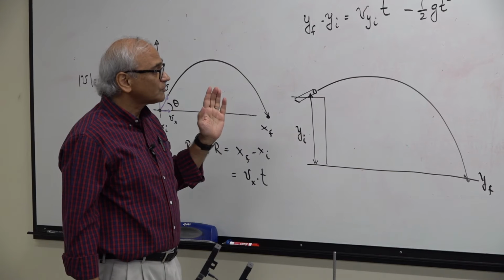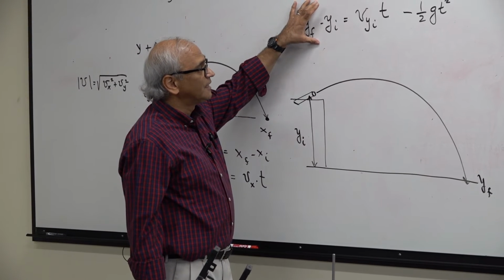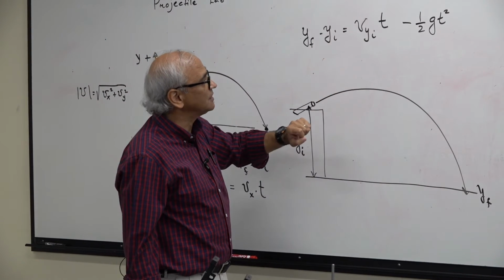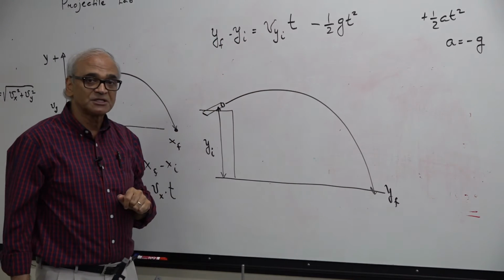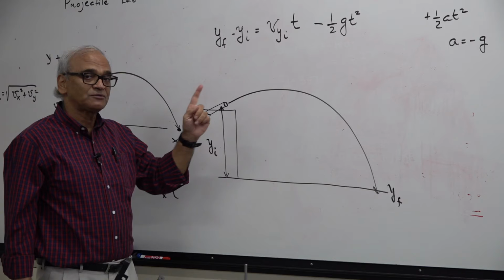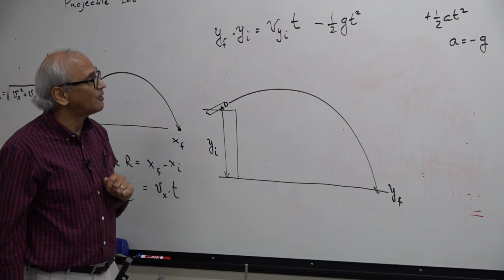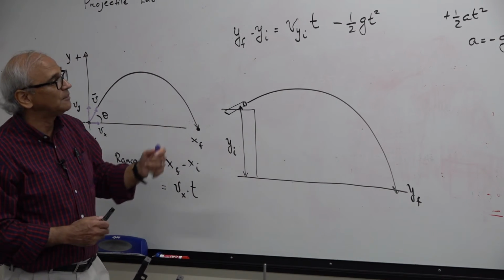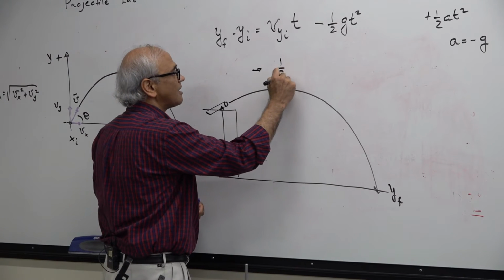So then what I can do is that if I knew the Y component of the velocity, and you can see right away, this is a quadratic equation in t squared, right? So we have to solve that quadratic equation. We have done that in the class, but this is our opportunity to do it with our hands. So what will happen in the end is that I will simply take this as half g t squared